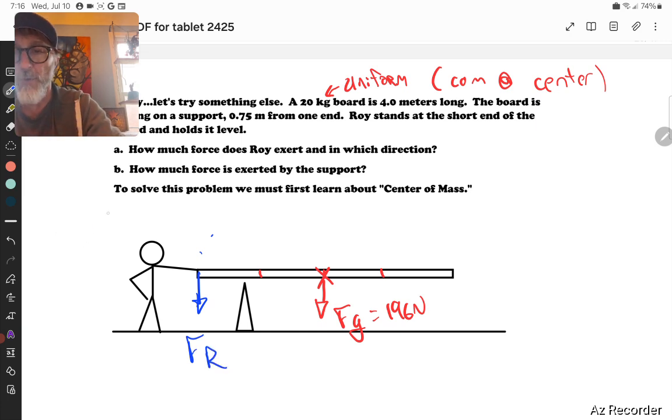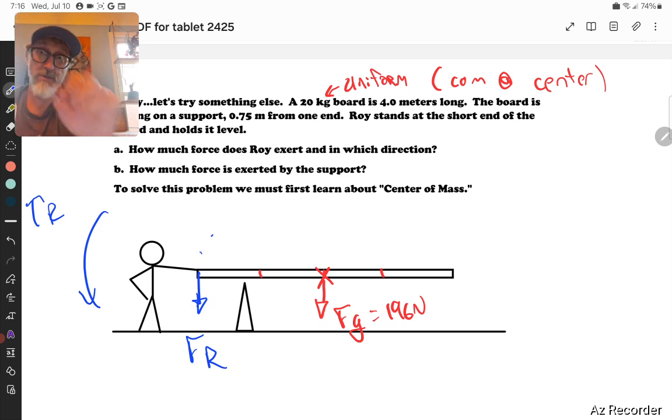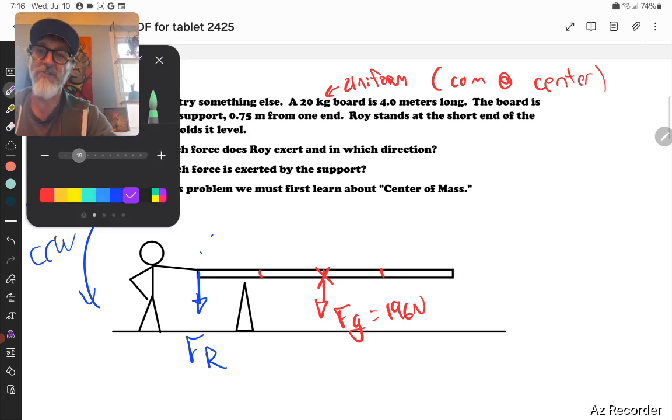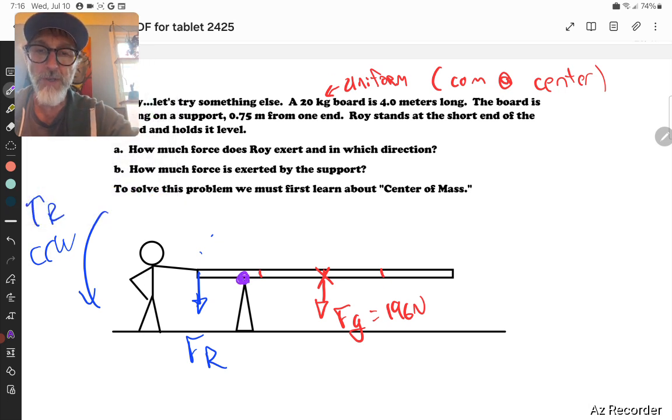Now notice, Roy's torque is going to be counterclockwise, right? Although I guess I should point out a thing. In order to talk torque, we have to talk pivot point. Where's our pivot point? Well, at this point, I'm going to keep things simple. Let's just assume that the pivot point is right at that fulcrum, right? Because if it tips, that's the point that it's going to tip about, okay? In the next video, we're going to learn some other ways of thinking about that, but for now, it'll do, okay? All right, and so I'm going to go ahead and label this with a P for